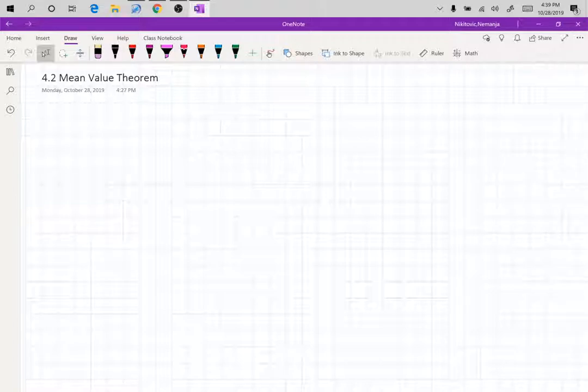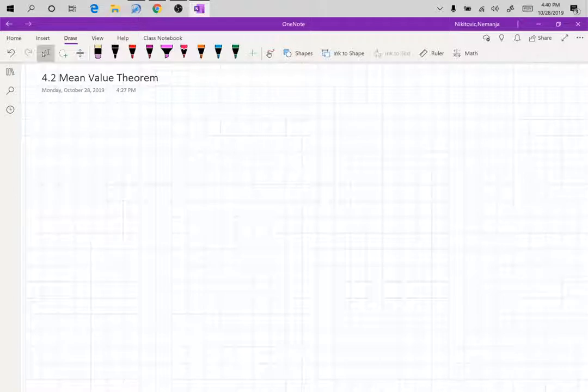And we know that those two worlds are not the same, because the average world takes all of the possible points into account and averages them, whereas the instantaneous change is the one where you find the change at an instant. And I made a comparison between an instant, which is a photograph, and an average over a long period of time, which is the movie, like a video. So now we are going to see how those two worlds are connected.